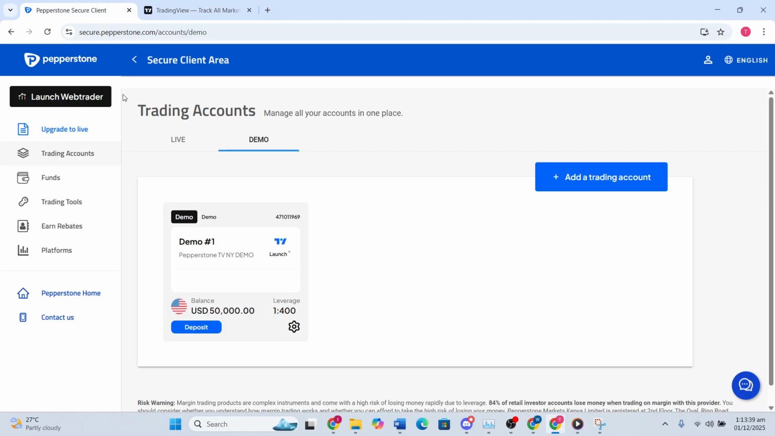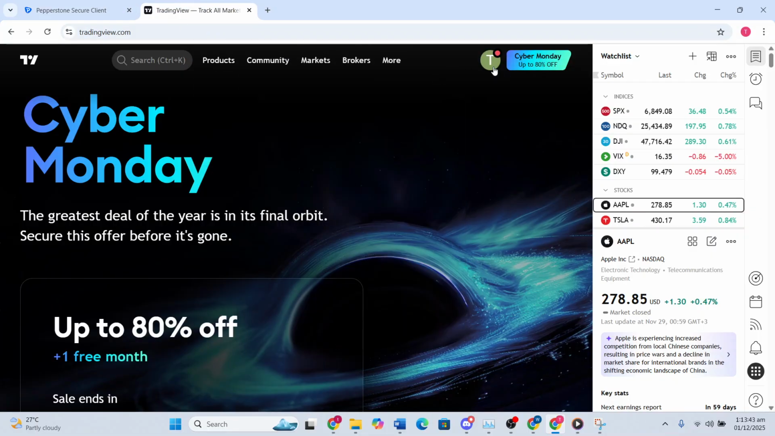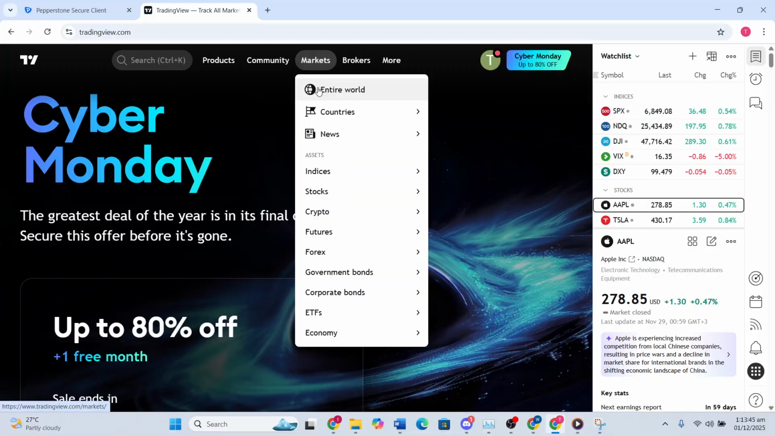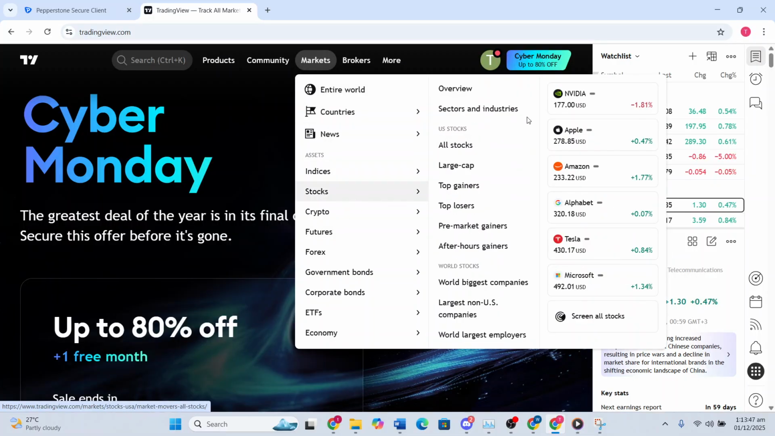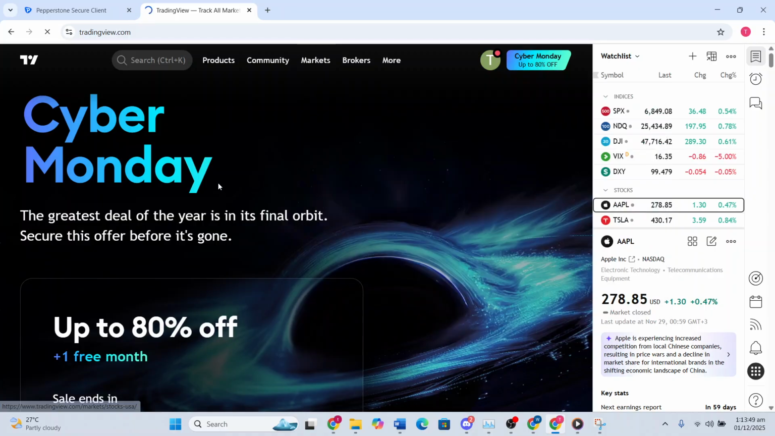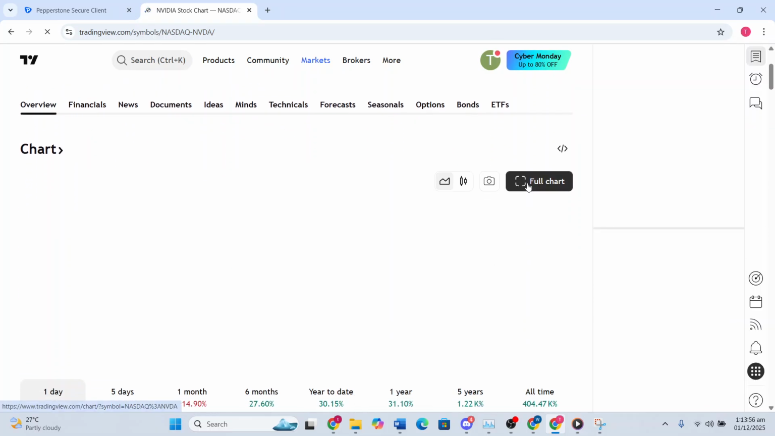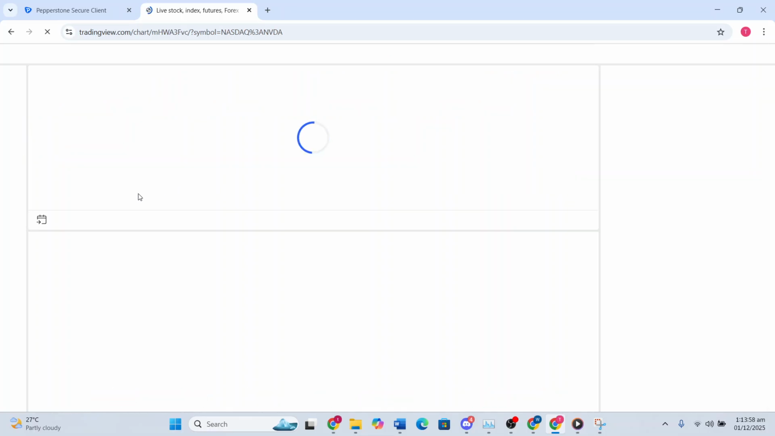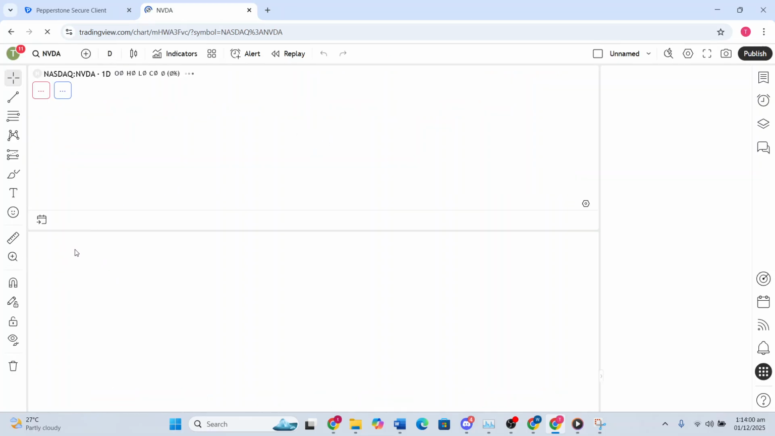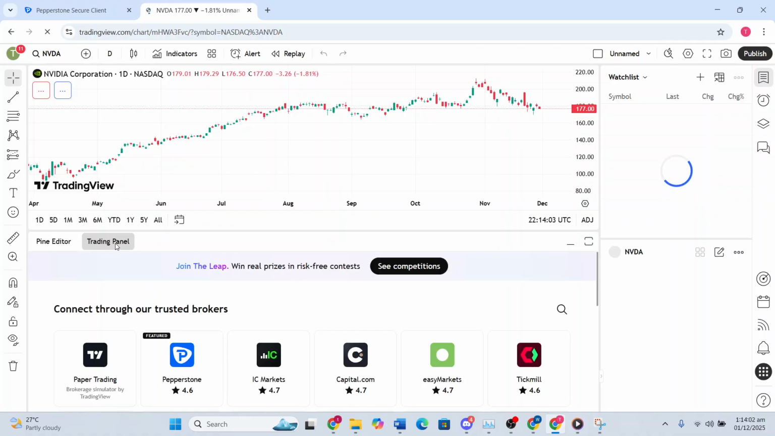The first thing I want you to do is log into both Pepperstone and TradingView and then come here and open up any chart. So I'll come here and open up any chart. Let's do NVIDIA for example. And once you have your chart open, I want you to just come down here, click on full chart, and then I want you to come here at the bottom panel and I want you to click on trading panel,